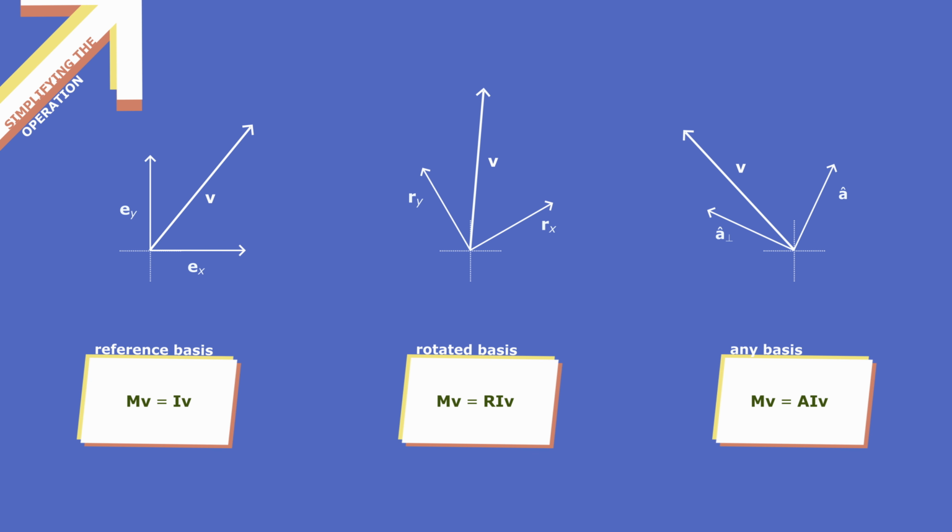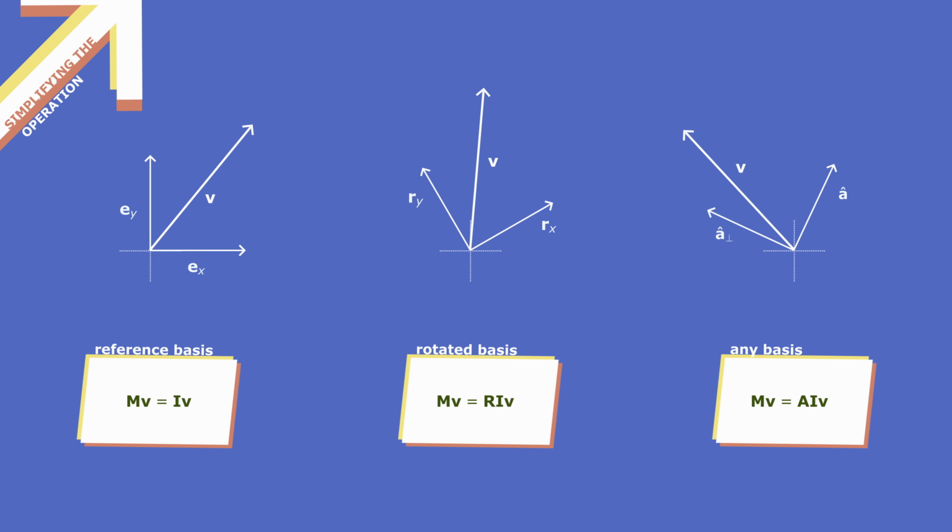Let's look at the same scenario with vectors now. We write the transformation of any vector v to the right of the transformation. The transformation is applied from the left. First, I does not perform any transformation to v. Second, v is kept in a local frame which is transformed by R. Third, v is transformed by any basis A. Each of those transformations we can compose, in any combination, to form a single transformation M